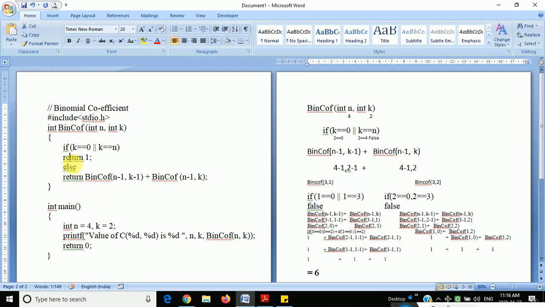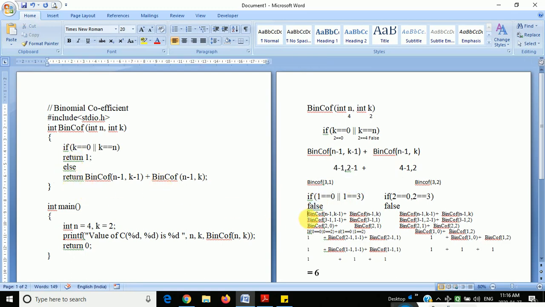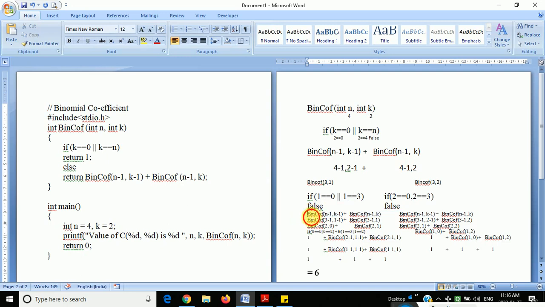Once the condition is false, it will call the function again. Here k is 2; 2 equal to 0, 2 equal to 3, also false, so again it will call the statement. Right now our binomial coefficient is 3 comma 1, and here it is 3 comma 2.